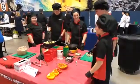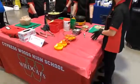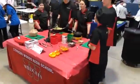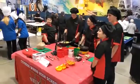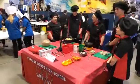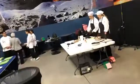Eggplant, mushrooms, zucchini, bell peppers, and various spices like honey cherries, cayenne pepper, oregano, garlic, basil. Sounds good. Why did you guys decide on this for space travel? It's high in vitamins. It's very good for their bones, eyesight, and it's good and